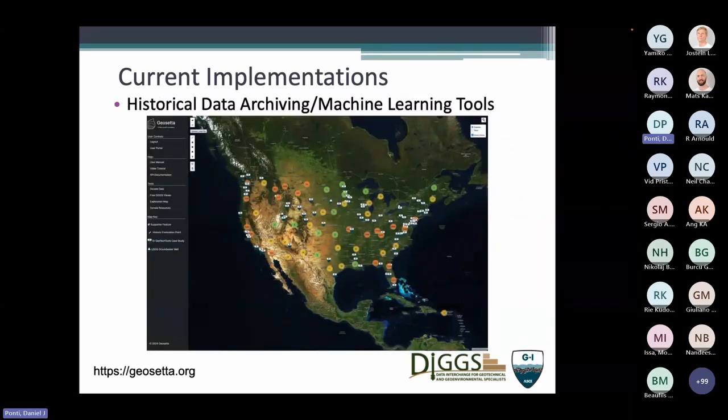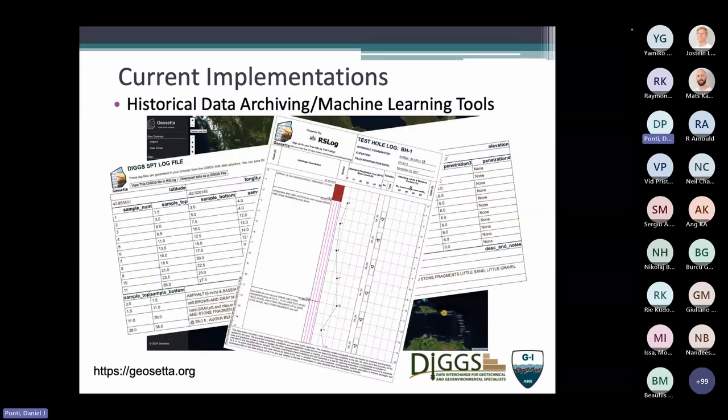Another application that's been interesting is a web-based product from a nonprofit organization called GeoSeta. GeoSeta is compiling and collecting historic geotechnical information primarily from departments of transportation, and from other sources across the U.S. They're integrating that information with soil map data and groundwater data. And DIGS is the mechanism by which that data moves in and out of the platform. You can go on there online, you can pick out sites, you can generate both boring logs and tabular information from the DIGS data on the fly on the website.